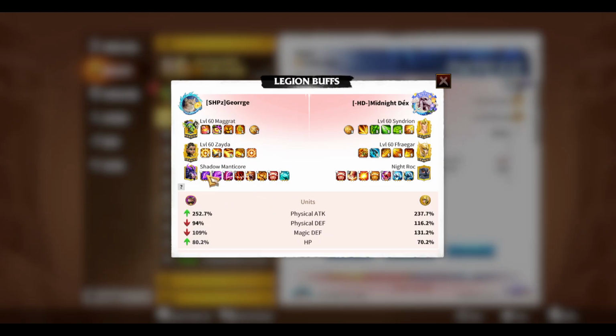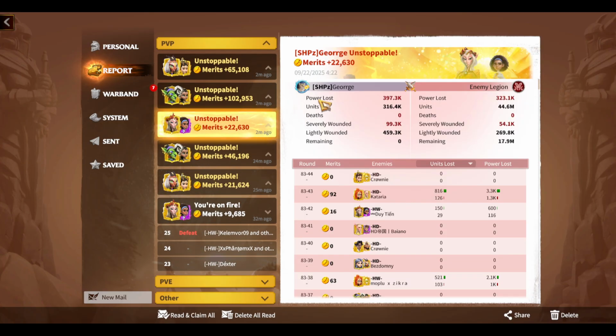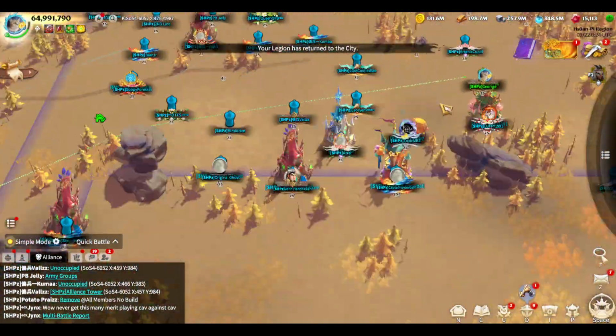This is my lineup, this is my Shadow Manticore, and this is my tier 4 units. I can't believe I just got 100k. Yeah, this is really good, right? This is really good. This is why I wanted to showcase this and my amazing PvP gameplay,